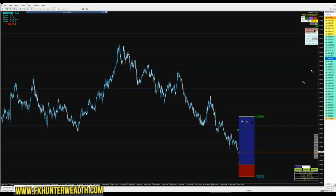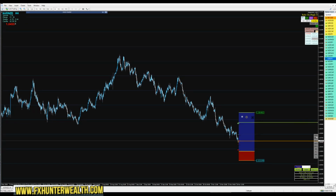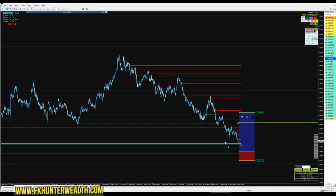So this is Aussie Kiwi. What we are seeing in here is that this is still in the big downtrend, right? But what I would like to trade in here, I like this monthly level which is here. So basically we are heading into this monthly level, and if I bring as well the 4 hours levels,